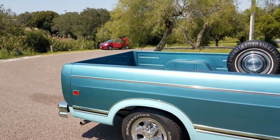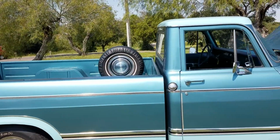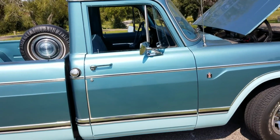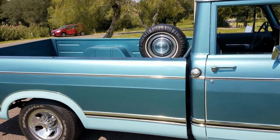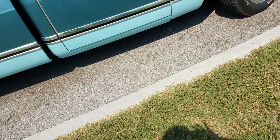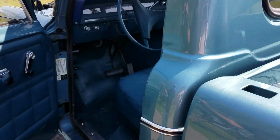All right, got it. So, anyway, it's been to its first car show. I just took it the other night since I've had it, and it made a hit there with some International truck mechanics. And inside,